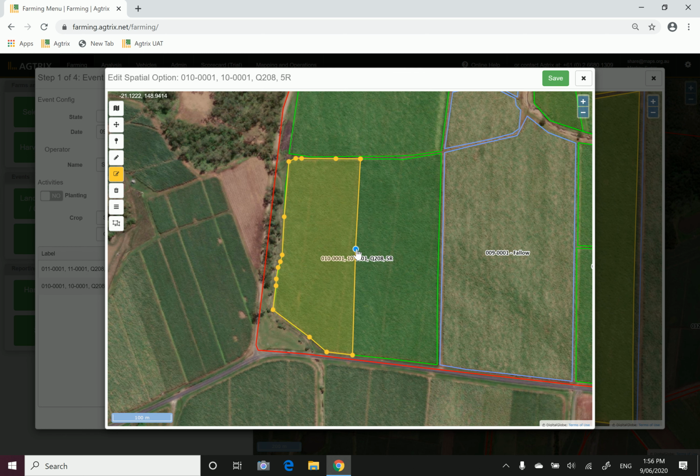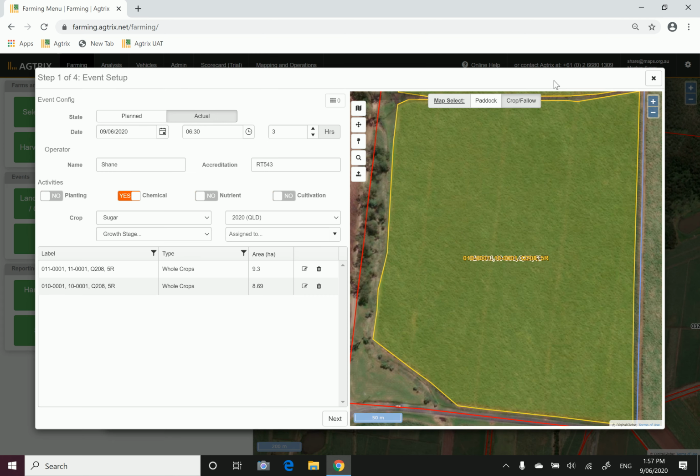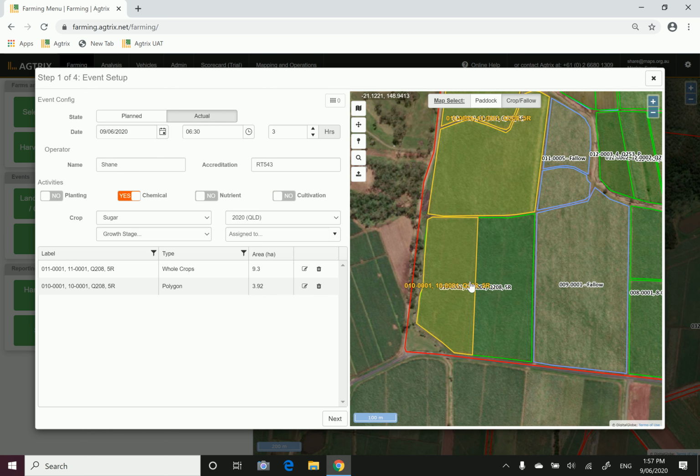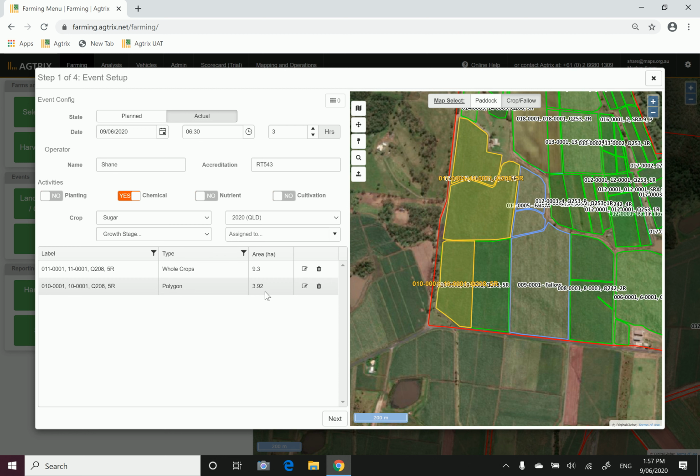So you can do that. Once you're happy with the area that you've set, you simply press save up the top right hand corner, and that will correspond with what shows on the map. So now we've got a less of an area for that paddock, we've got half a paddock there and a full paddock here. So once you're happy with the area you're going to spray, you go to the little next button down the bottom middle of the page,